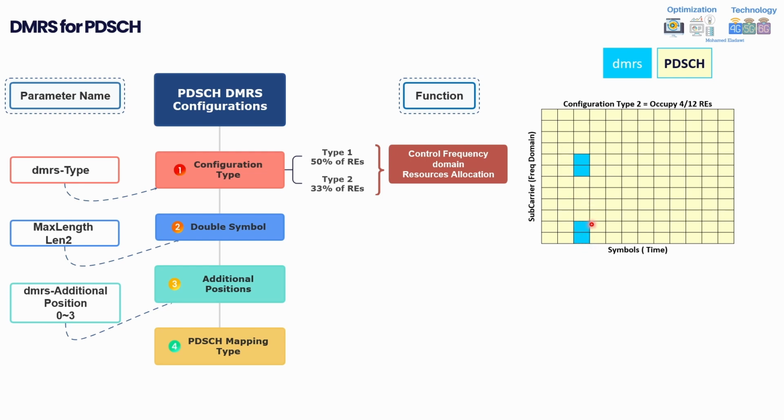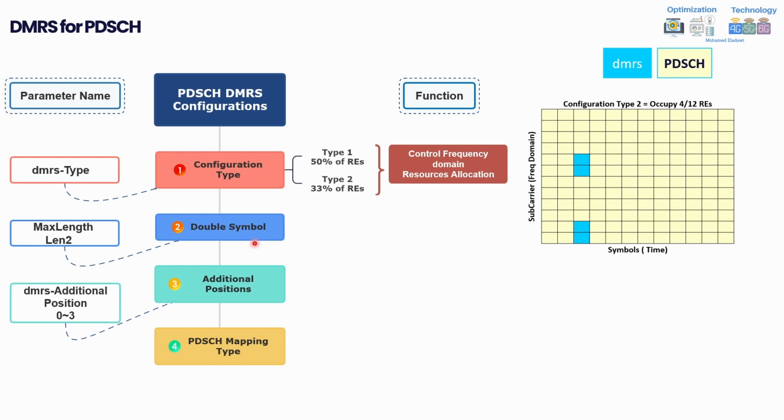And actually, the free resources mentioned for PDSCH can still be used for DMRS of other users. For example, assuming the first user is using these 2 REs, the second user can use the second pair here, and the third user can use this pair here, but this would be frequency multiplexing within the same symbol. That's why it gives more chance for frequency multiplexing. For example, here I can have 3 users with frequency multiplexing, while in type 1 I can only have one user occupying this one and a second user, so I have only 2 times frequency multiplexing. Here I will have 3. This is the main difference, but the details will be covered in the next slides. So as a summary for this part, the configuration type controls the resource allocation within the symbol for the DMRS of PDSCH.